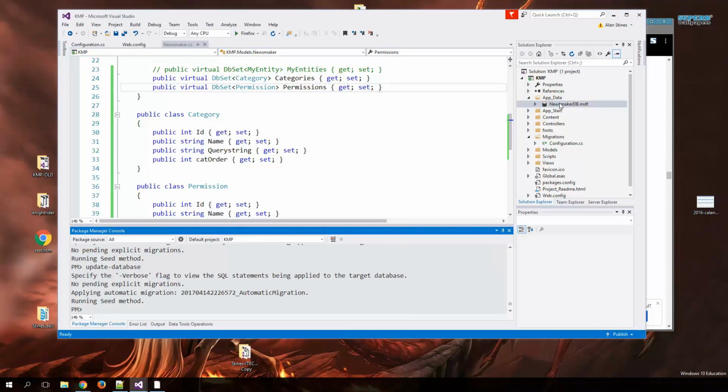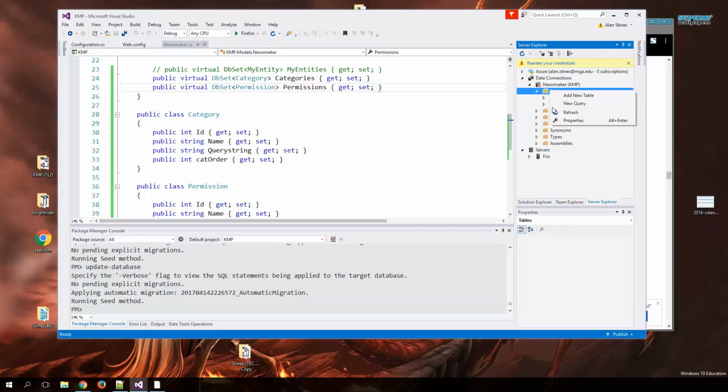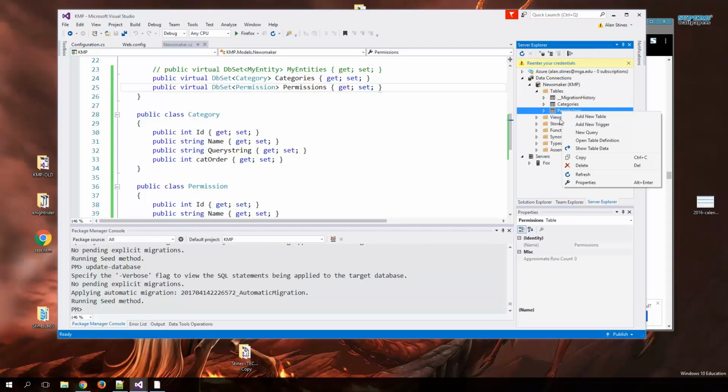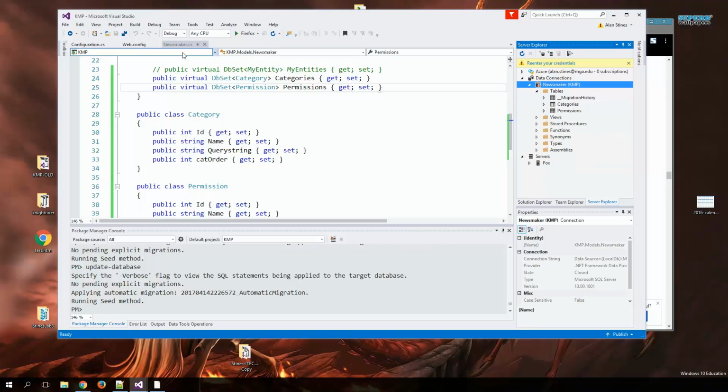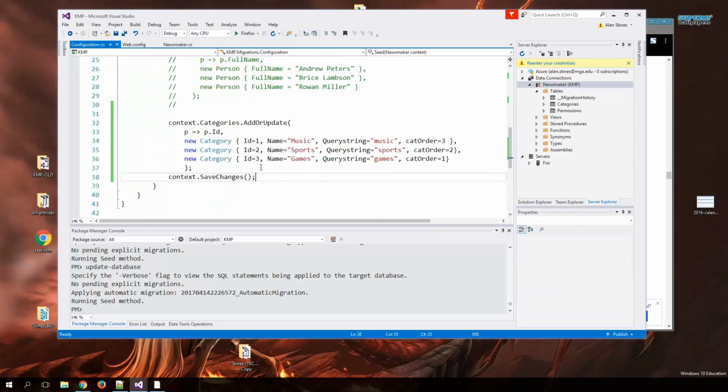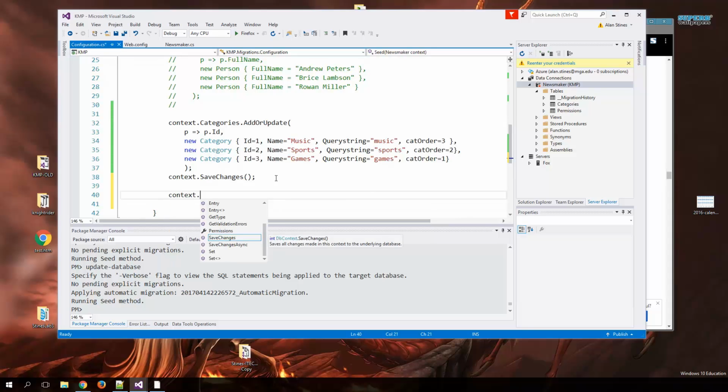So still ran the seed method, double click on the database and refresh the tables. We should see our new permissions table here with its different properties all scaffolded out, which is pretty neat. Let's close that down, make sure we get everything closed. We can go back to configuration.savechanges now and add us in some new context for permissions, add or update, semicolon. And same thing, we're going to try to map the p value to p.id, which is the primary key,